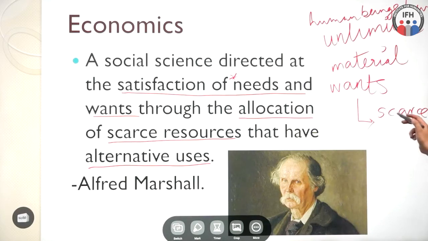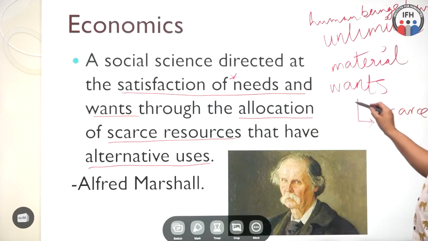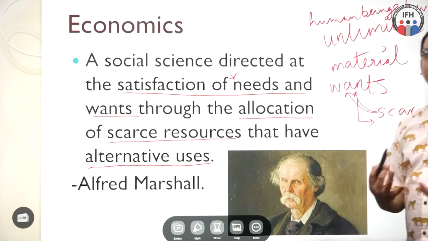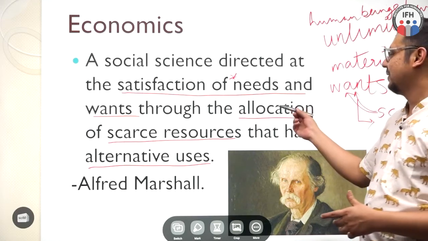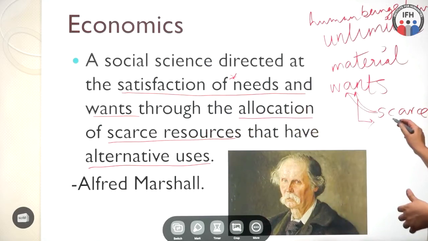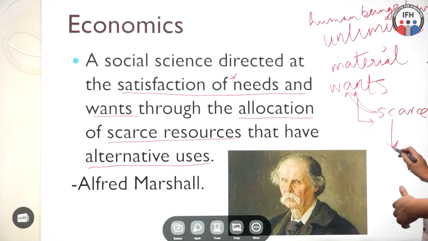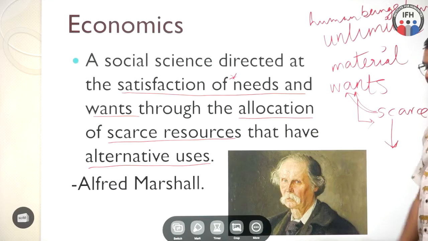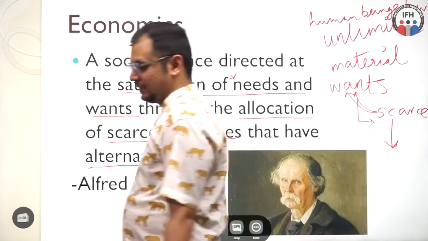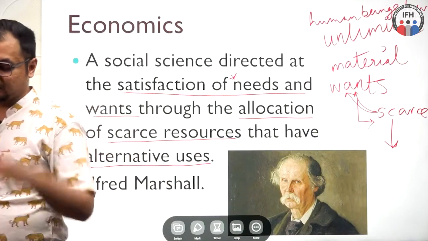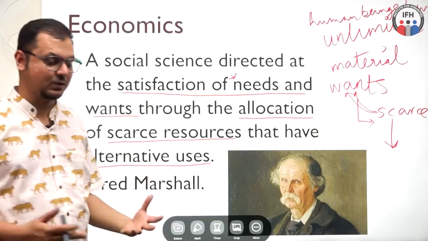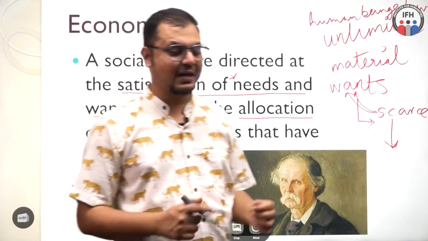which means you have to pick and choose from these scarce resources which of these wants you will prioritize and why you will prioritize that, right? So essentially the allocation of these scarce resources, all of which, by the way, have alternative uses. Alternative uses, what does that mean? It means, let's say you have any kind of resource that will have multiple uses,